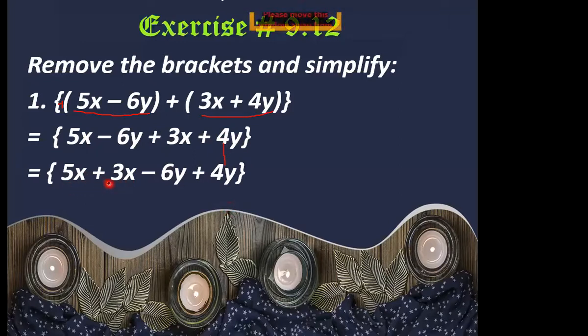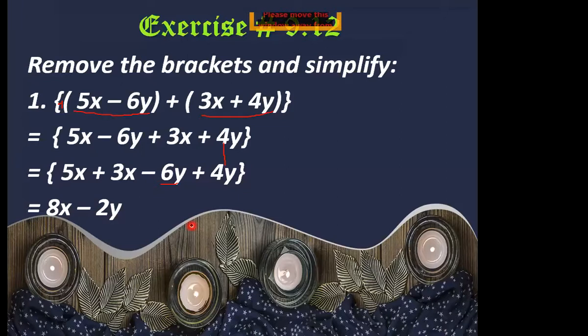So 5x plus 3x will be 8x. Now here you have minus 6y plus 4y. So minus plus will be minus. Keep it in your mind: minus plus will be minus. So you are going to subtract 4 from 6y. What will be the answer? 2y, but minus 2y. Okay. 5x plus 3x will be 8x, but minus plus will be minus. So 4 minus 6 will be 2y, but here you are going to write down the sign of minus because 6y is greater.